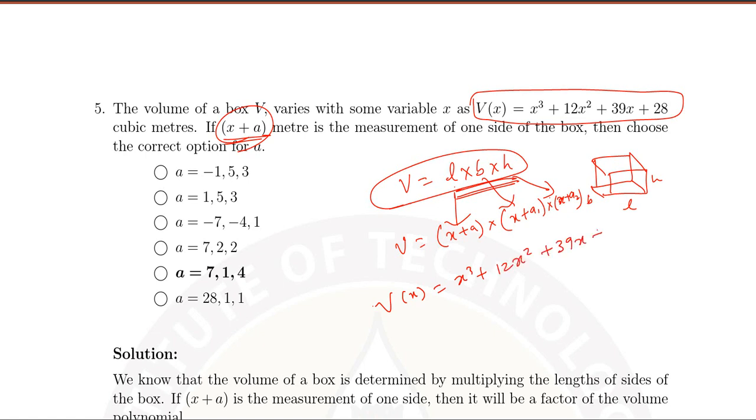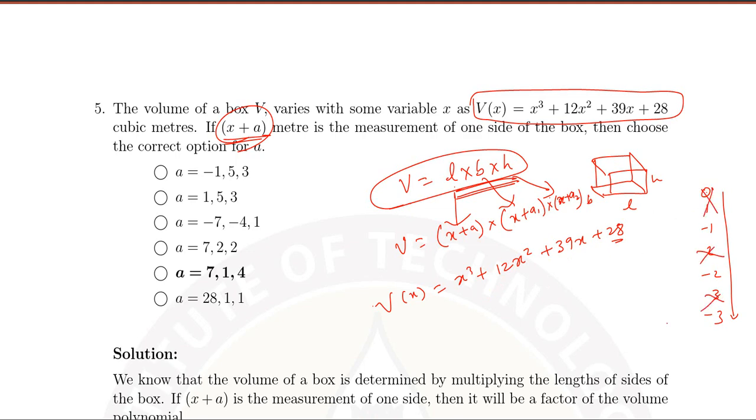So one way of solving this cubic polynomial is to find one of its roots. One of its roots can be found using the hit and trial method. So we can use 0, 1, minus 1, 2, minus 2, 3, minus 3. We can go in this order and find one of its roots. So clearly everything is positive, and if I substitute 0, I'll be left with 28, which is not going to give me anything. If I give it 1, obviously this will not give me any of its factors. So therefore all the positive values I can rule out. Now I'm left with these negative values.